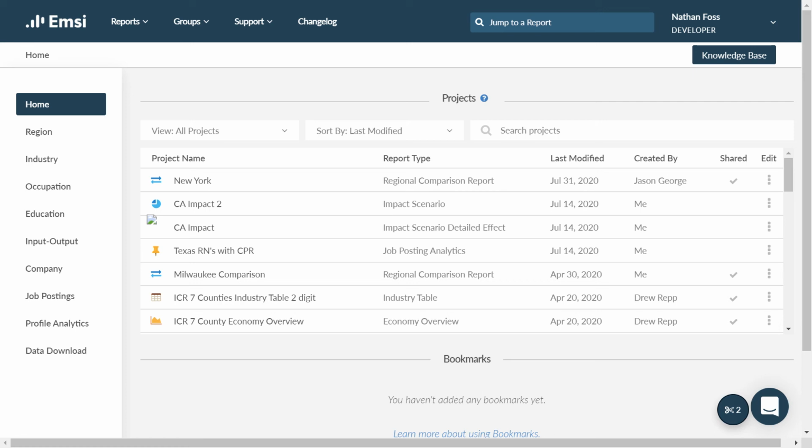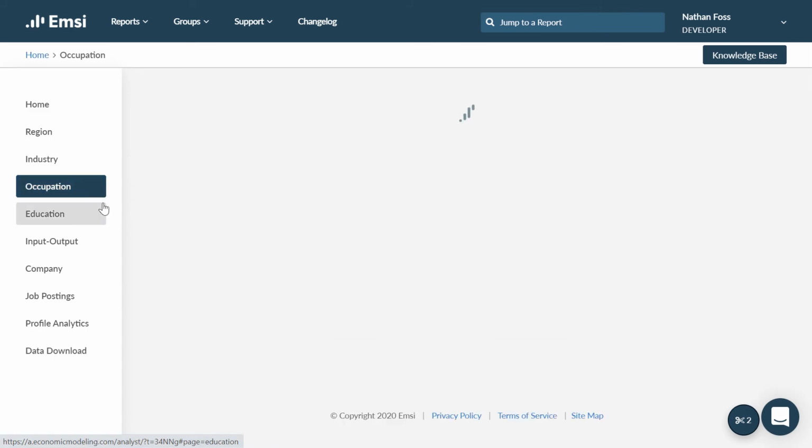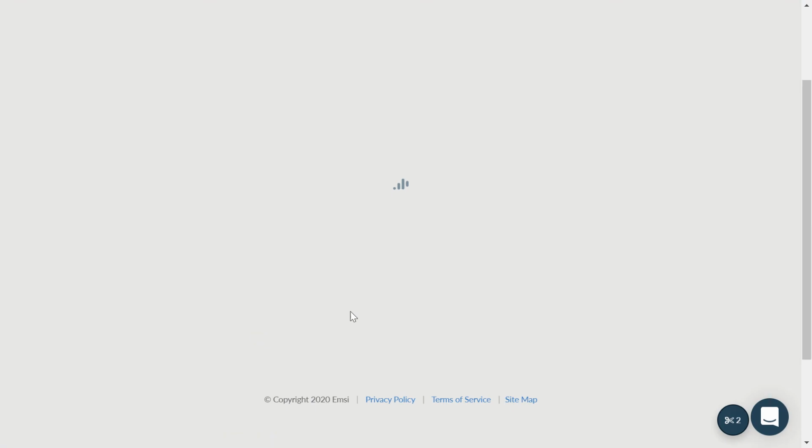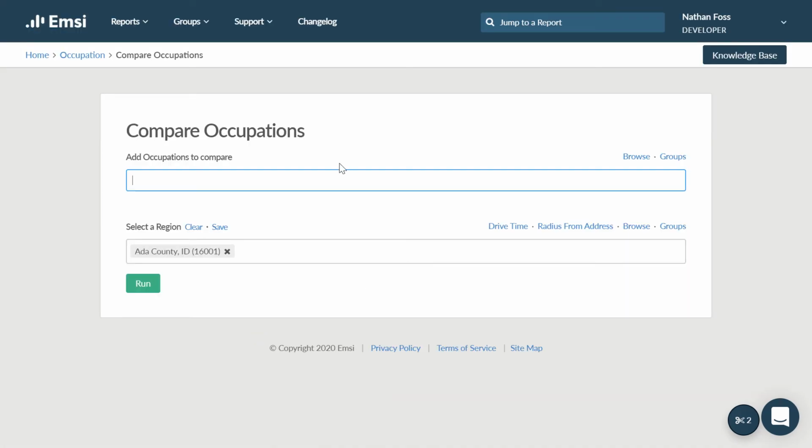In this video, we're going to be going over the Compare Occupations report. So that's going to be found right here in the Occupation tab. And if we scroll down just a little bit, it'll be down here in the left side. So this is a really cool report for looking at multiple occupations in one region and seeing how they compare